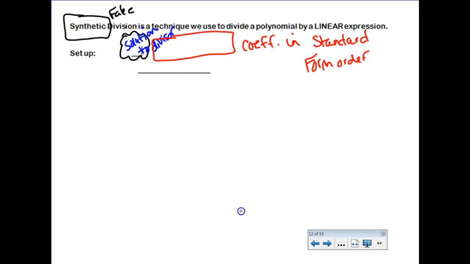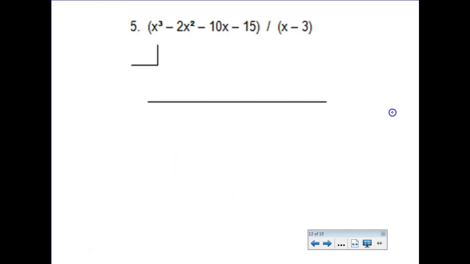So I don't mind either type of division. I don't really have a preference here. Most kids decide that they like synthetic division better because they feel it's easier, but you have to do both, so I don't care. Alright, so remember, this is your divisor, and what I need you to do is find